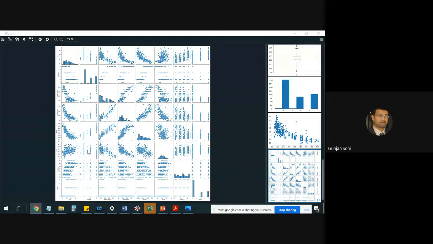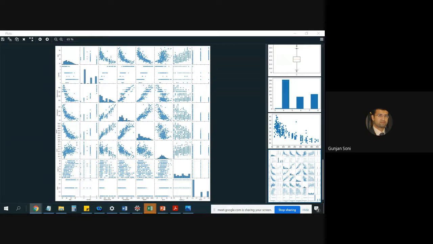Your acceleration, however, does not represent any particular pattern over here. And similarly model year and origin do not exhibit any causal relationship. Okay, so that's how you read this.